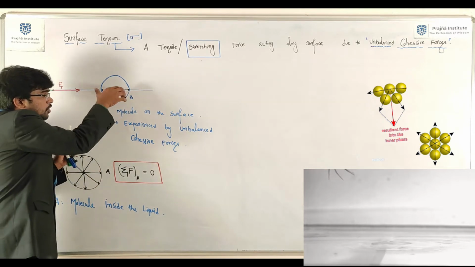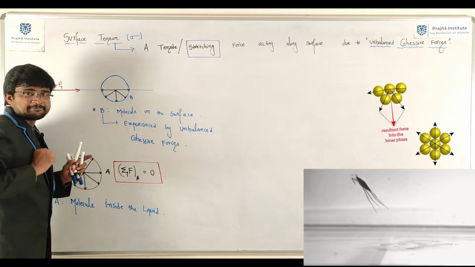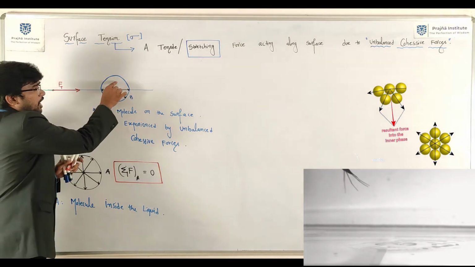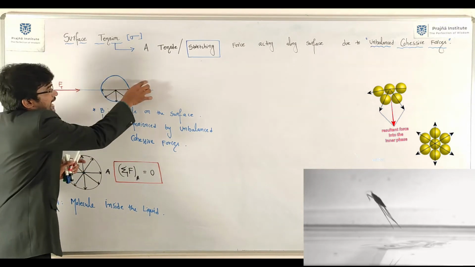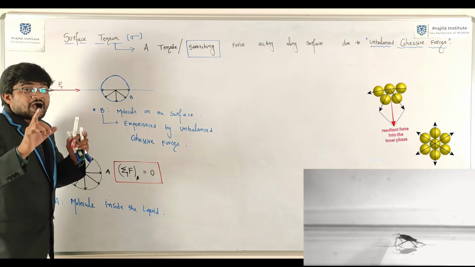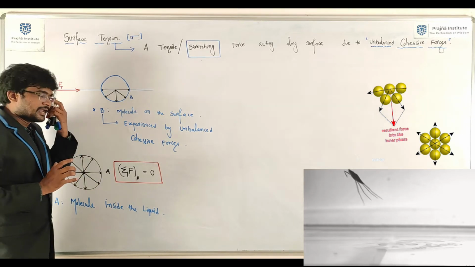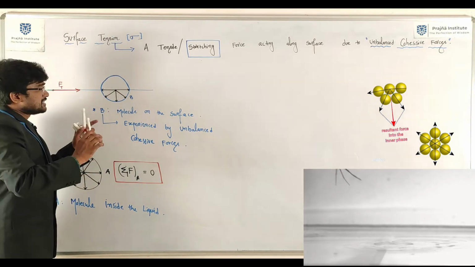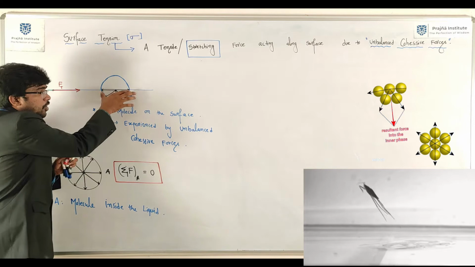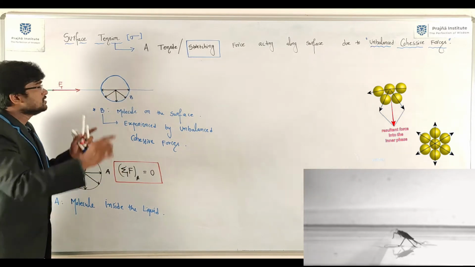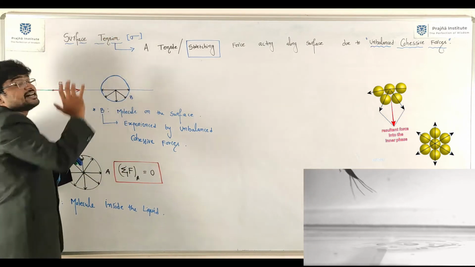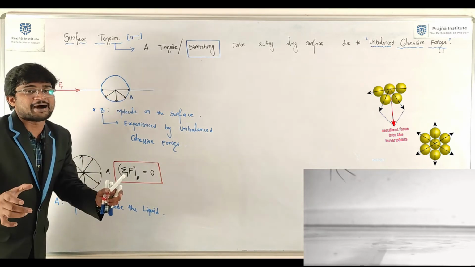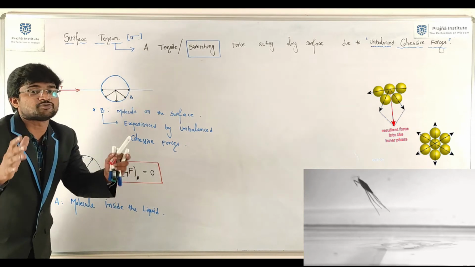Okay, the net cohesive force acts in the downward direction. Next, one more force: the force of attraction between molecule B and the surrounding air molecules. It is called adhesive force. Here, the net adhesive force acts in the upward direction. The magnitude of the net cohesive force is higher than the magnitude of the net adhesive force. That is why the molecule B experiences unbalanced cohesive forces.